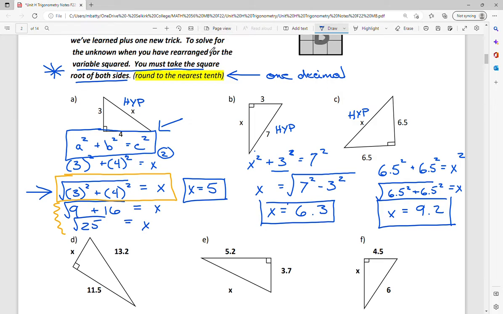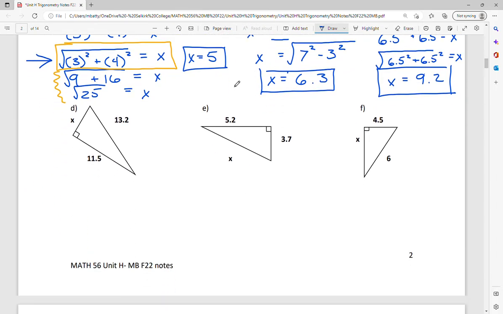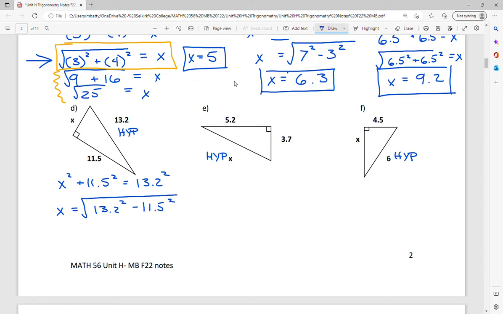All right, so for the remaining, really, the key is fitting it into the equation properly. So I like labeling my hypotenuse in each one of these. It's not necessary as long as you get it right, but this gives me a stepping stone to make sure that I'm subbing in correctly. I get x squared plus 11.5 squared would equal 13.2 squared. x is going to equal this 13.2 squared minus the 11.5 squared. And remembering to take the square root of it because I want to solve for x, not x squared. So this one, x equals 6.5